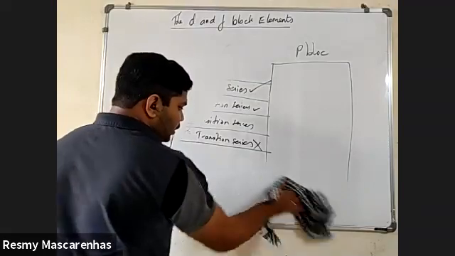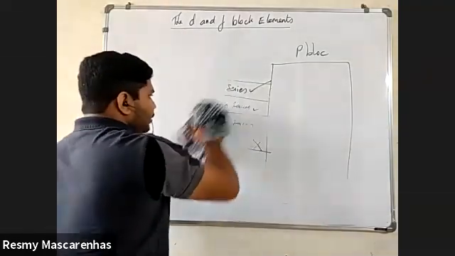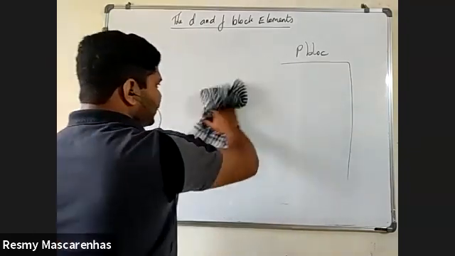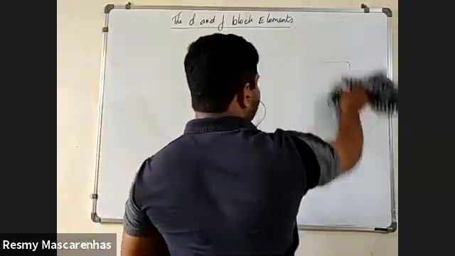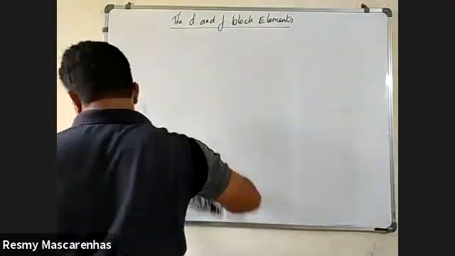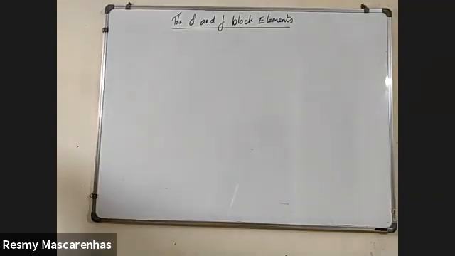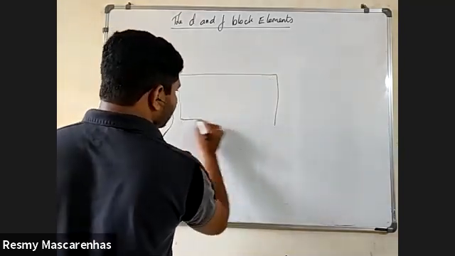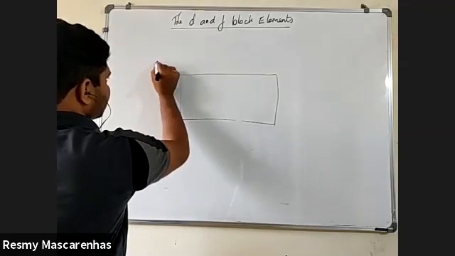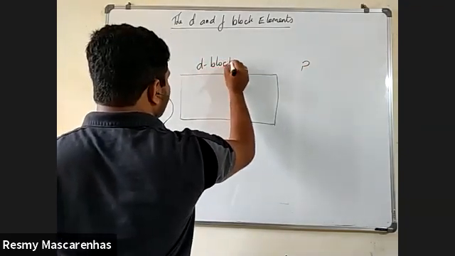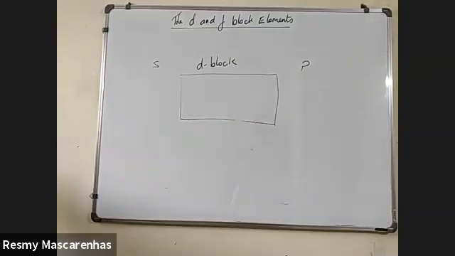So first we have seen the entire periodic table, where exactly the D blocks are located and where exactly the F blocks are located. So we have seen this F block and D block. Now I have told you that in between, this is the S block, this is the P block, these are called the D block. Yes or no?